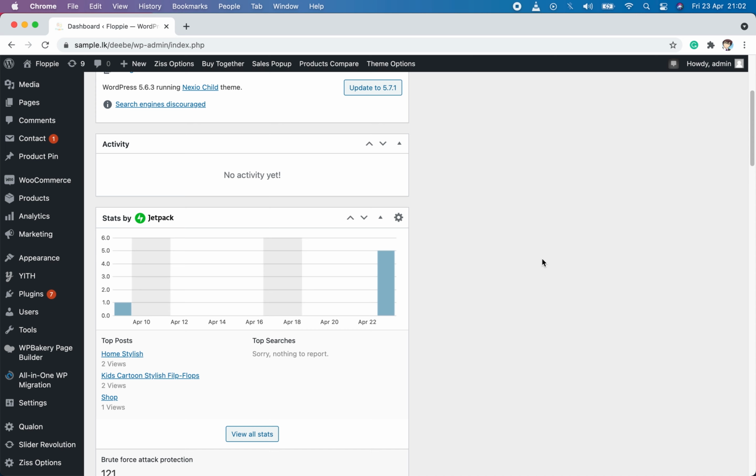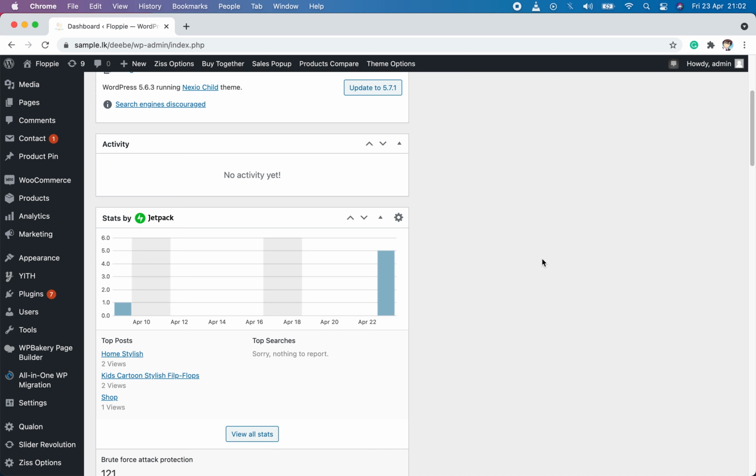Today we will be learning how to add multi-currency feature to WordPress and WooCommerce. If you want the multi-currency feature for your website, the easiest way is to choose a theme with a default multi-currency feature. Don't worry, if you are almost done with your website or if you want the option later on, we can use a plugin.